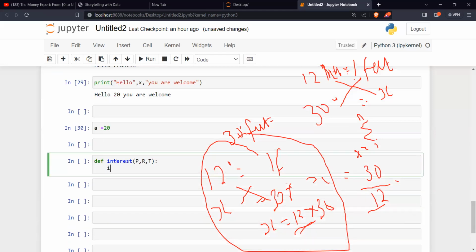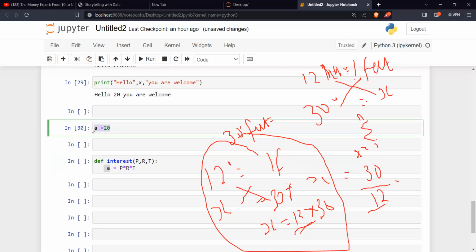Now I have a is equals to principal times rate times time. It means here a is a local variable. And a outside is the global variable. That's just the difference.